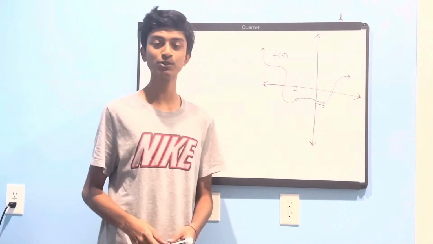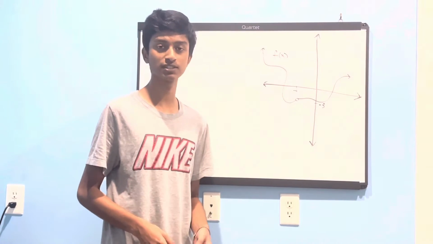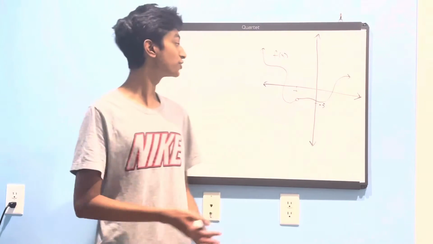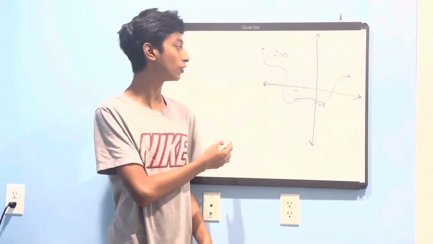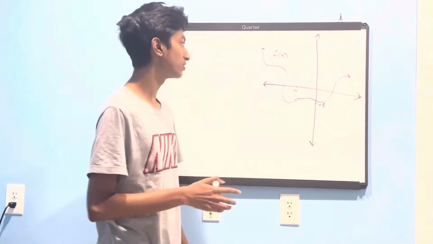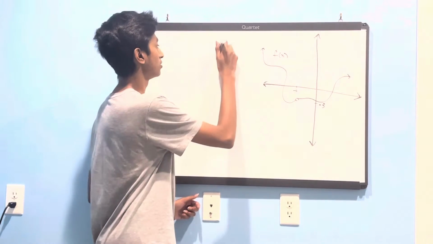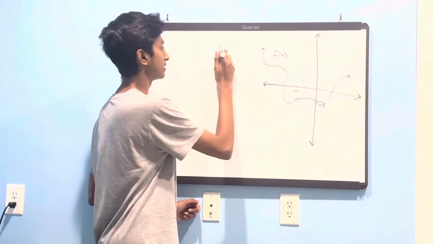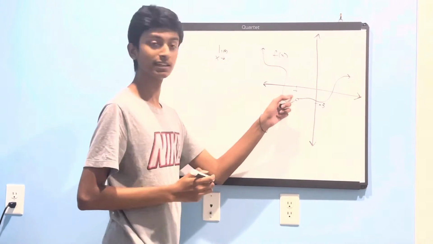Today we're going to be going over limits and different types of discontinuity. So this is our first type of discontinuity. It's called a hole discontinuity. And we can find the limit of this by doing the limit as x approaches -4